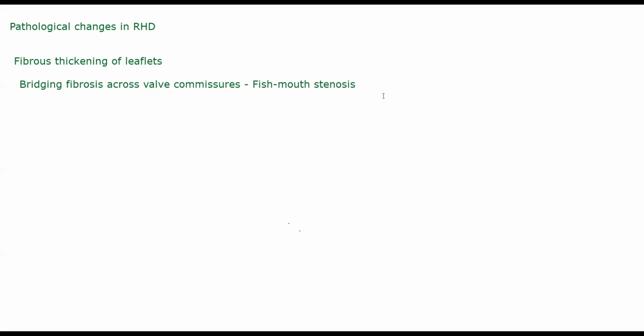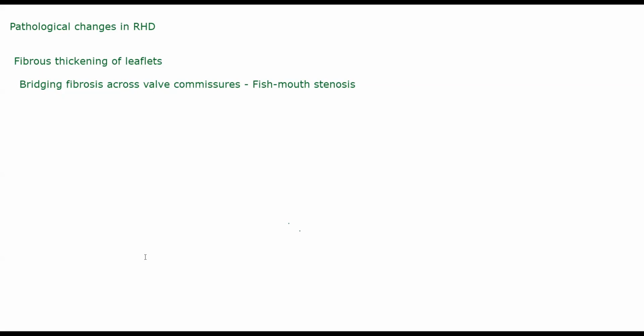Chordae tendineae is something that will help your heart come back to its normal shape once it is done dilating or once it is done contracting. Chordae tendineae are important just for normal structural integrity of the heart as well. They play a very important role. Now if these become thick and fused and they shorten, what will happen is the volume of your heart will change, right? It will become smaller.